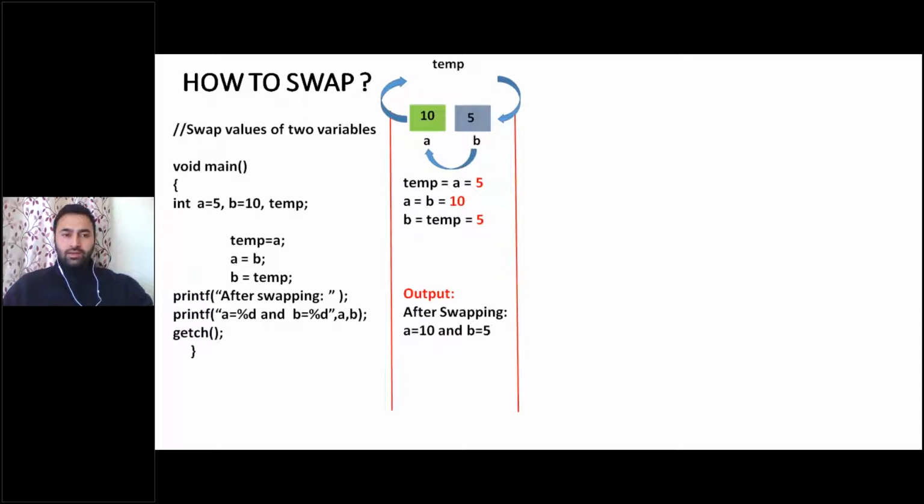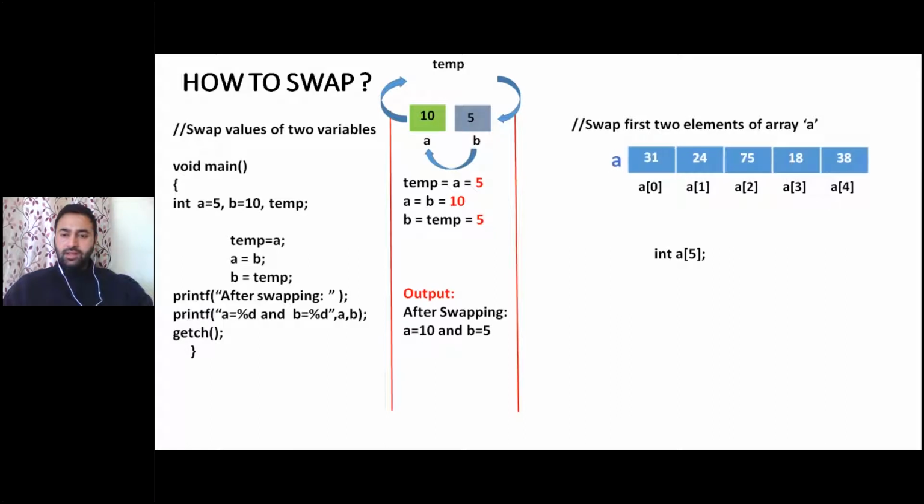But in bubble sort you will arrange the elements of an array. So next see how to swap values of array elements. Suppose this is an array of 5 integers, and again you write this using a third variable. Temp will be assigned the 0th element, and the 0th element will be assigned the value of the next element, that is the first element, and after that the first element will be assigned the value of temp. In this way the values of the first two elements have been swapped. So this is all about swapping.